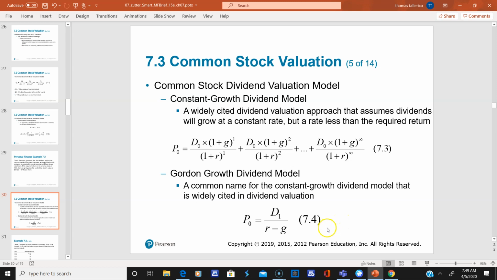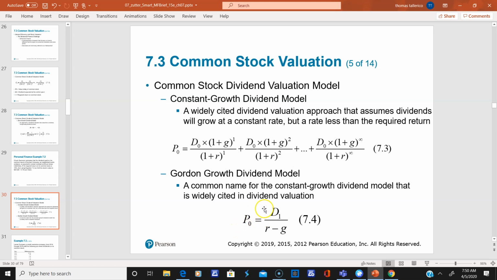I just want to make a couple points about this equation. First of all, there's a lot of fallacies and flaws in this equation. The first one is, let's say a stock like Google doesn't pay dividends. That means this would be zero. That means the stock price would be zero and you'd get stock for free. And that's not going to work.